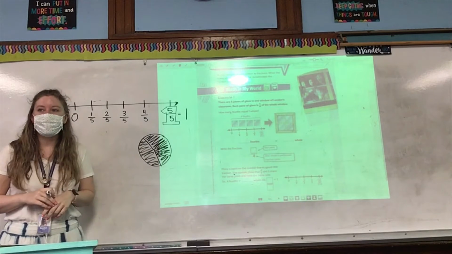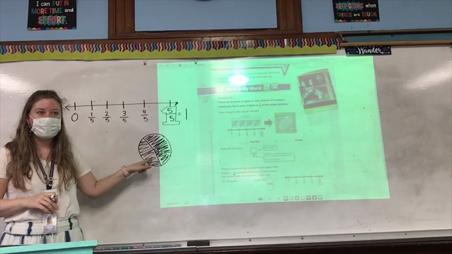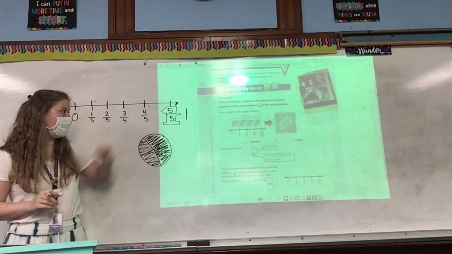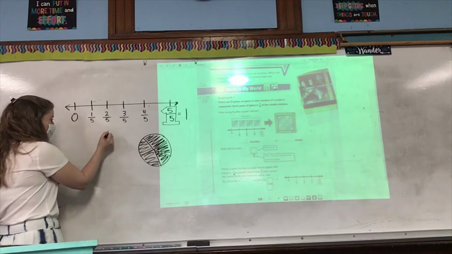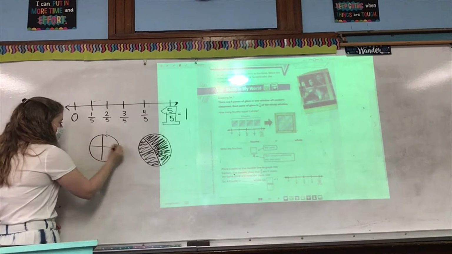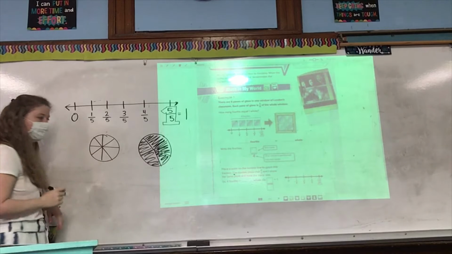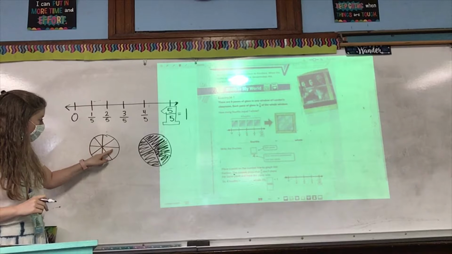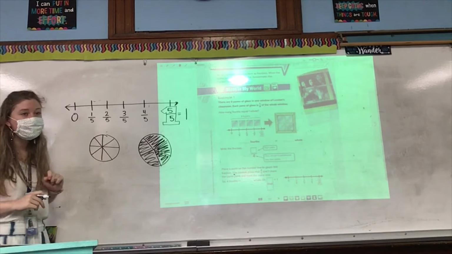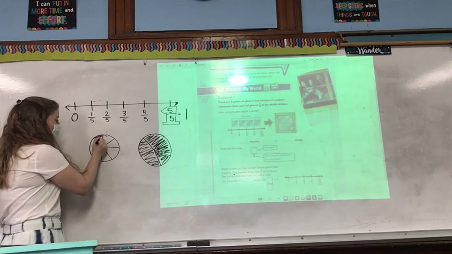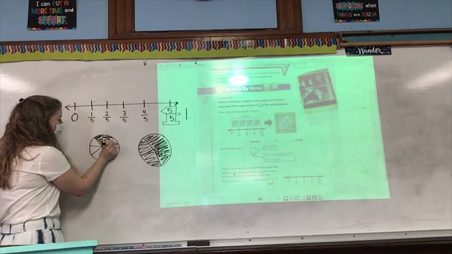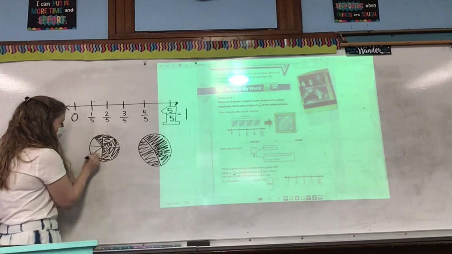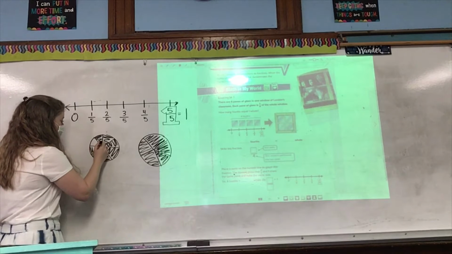This is not equal to 5. Do I have 5 shapes shaded here? No, I have 5 pieces of 1 shape shaded. If I had 8 eighths, I have my pizza. It's broken into 1, 2, 3, 4, 5, 6, 7, 8. If I shade 8 out of those 8 pieces, 1, 2, 3, 4, 5, 6, 7, 8, and pretend that's